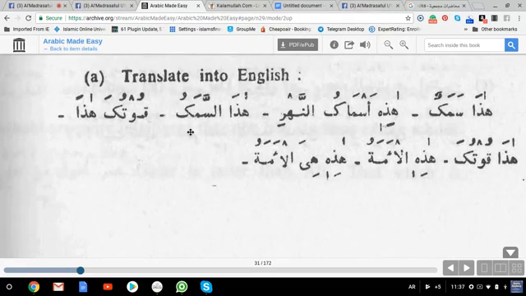Everything else he's saying in the rest of the lesson, he's not explaining it well. And I disagree with some things. I showed you, for example, hadihi rijal is not commonly used. Haula'i rijal is commonly used. All right? He said, for example, you don't say